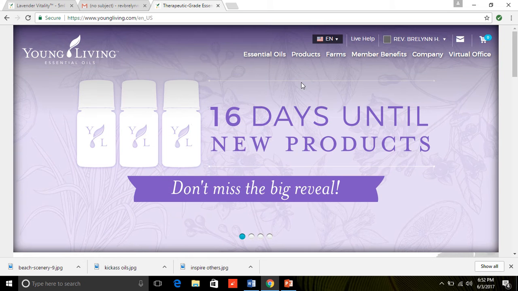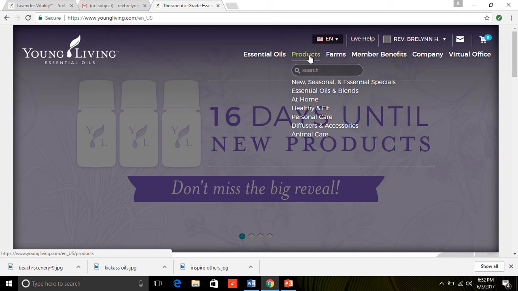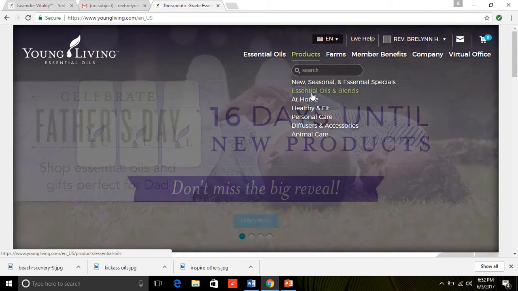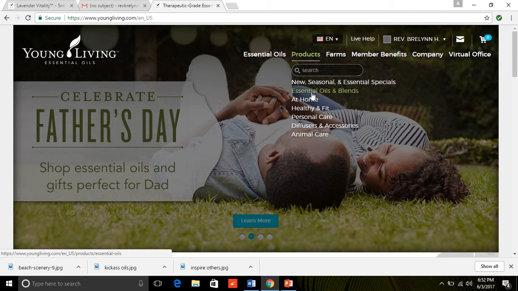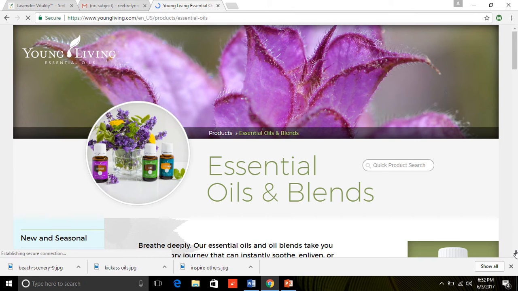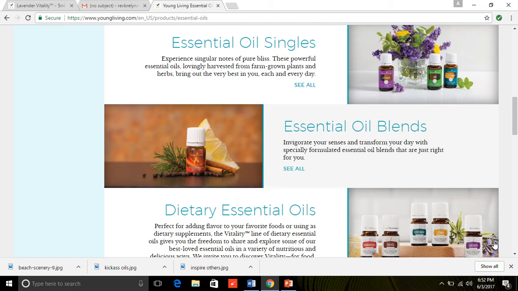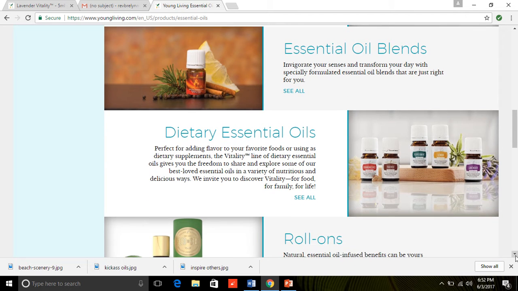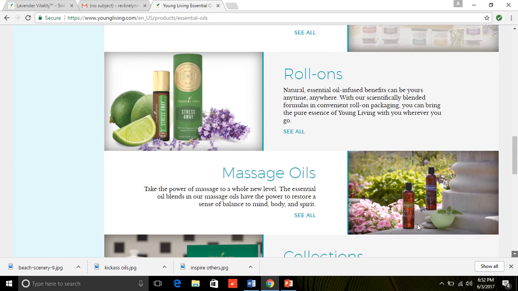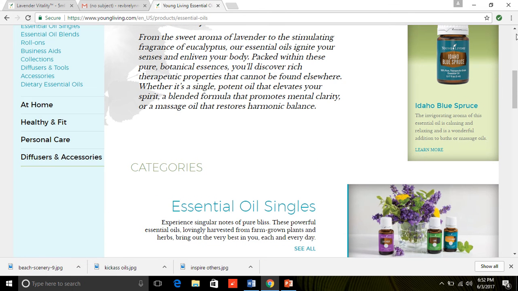But if you're wanting to look up actual essential oils, you'll go to the product guide right here. And they have the new seasonal and essential specials. Essential oils and blends, that's where you'll go. You'll click that one to go in and look up. We'll just click on it really quick. And it takes you to see the oils, the blends, the dietary oils, the singles, seasonal oils, roll-ons, obviously. Click on these and you can go through and look at all the different essential oils